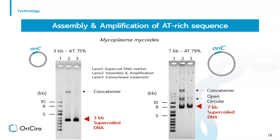After assembly and amplification using our system, I got a clear 3 kilobase pair band, and also concatemer here. You can see the band here, but once you treat it with exonuclease, it is gone. So you can get a very clear 3 kilobase pair supercoiled DNA. Same thing for